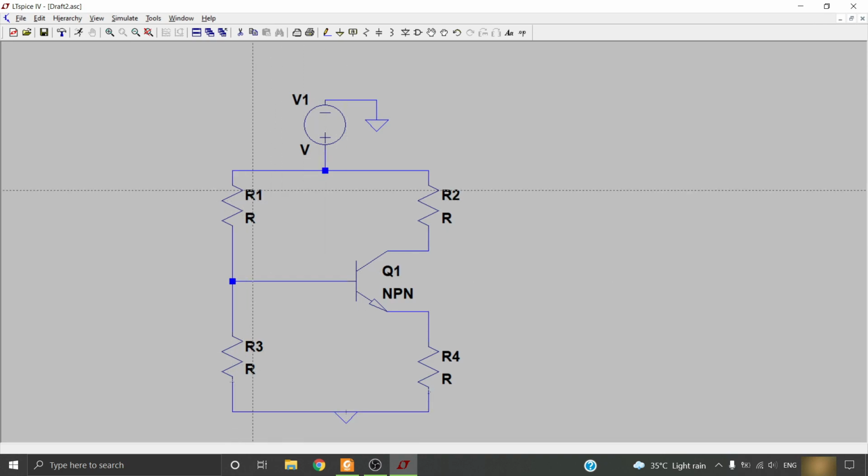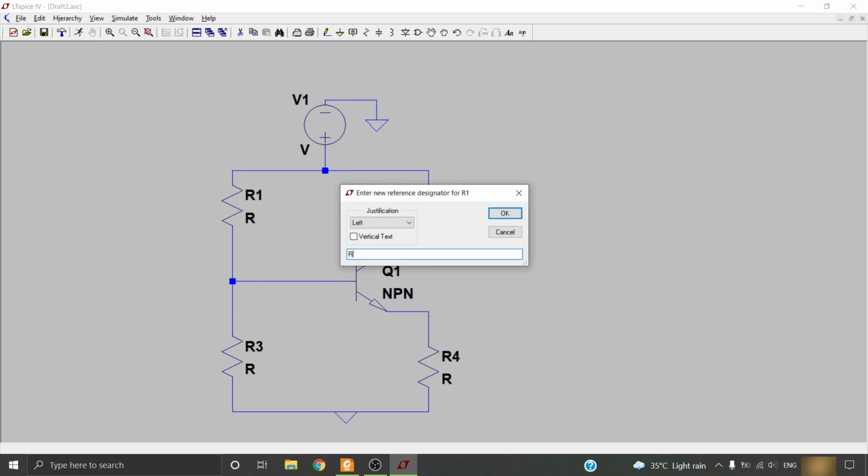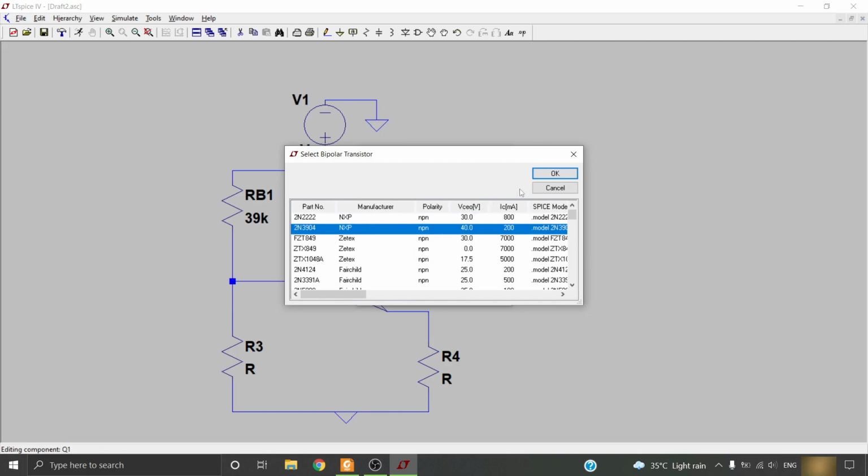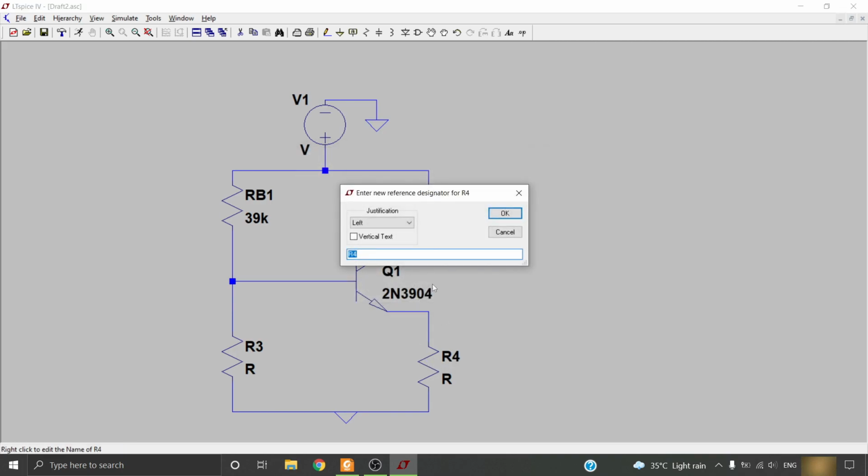Then rename this to RB1 and change the value to 39K. Then rename it to RC, change the value to 10K, and then change this transistor to 2N3904, then change this resistor label to RE, change the value to 1.5K,